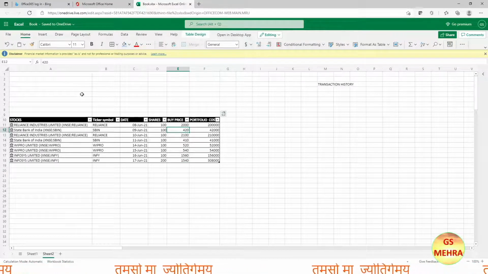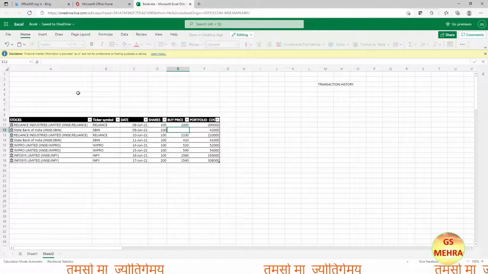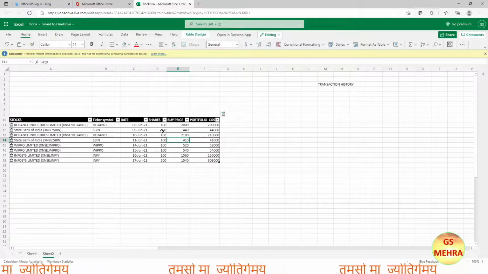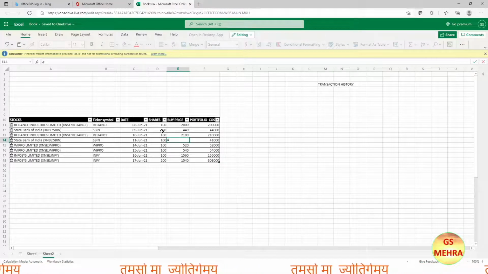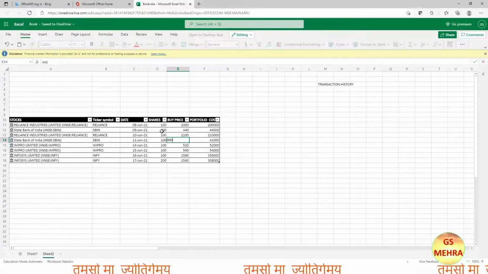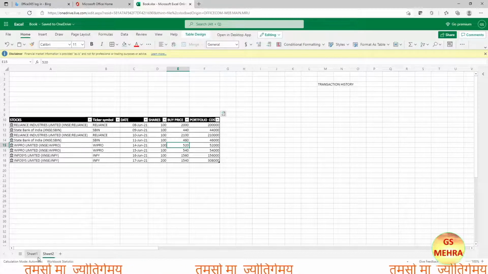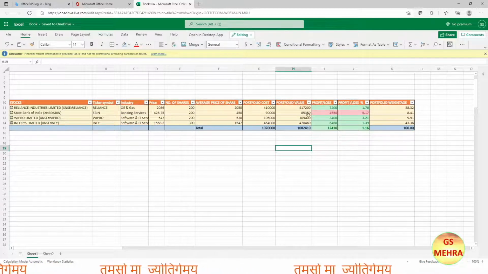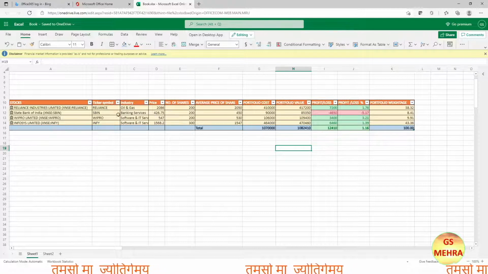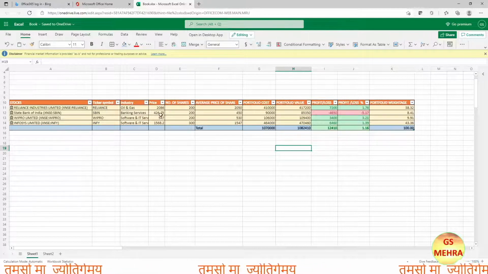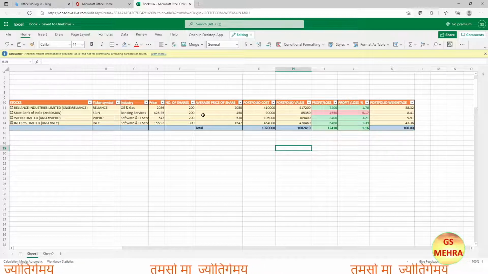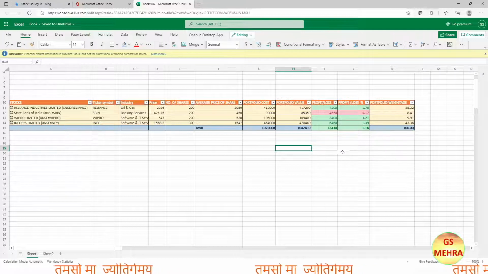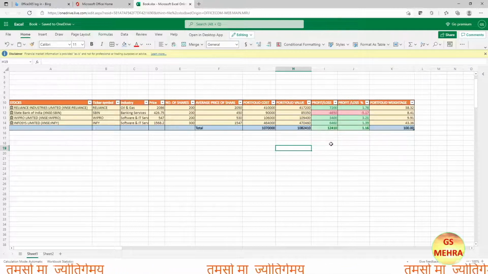Now let us decrease this buy price, so that I can show you how this conditional formatting can be changed. So here I am buying the stock SBI at a higher price. Moving back to sheet 1, you can see that as soon as we changed the price of SBI, the cell color has changed to pink, or we can say our numbers have changed to red. This is because the current price is less and the buy price is more, so we are at a loss.